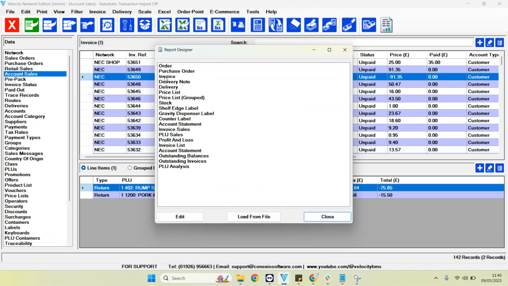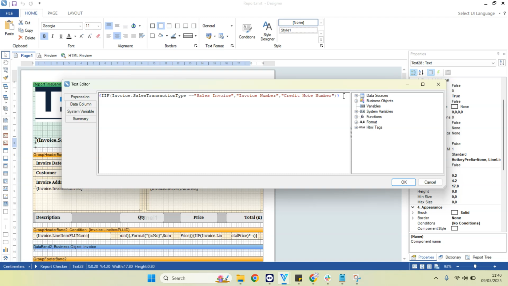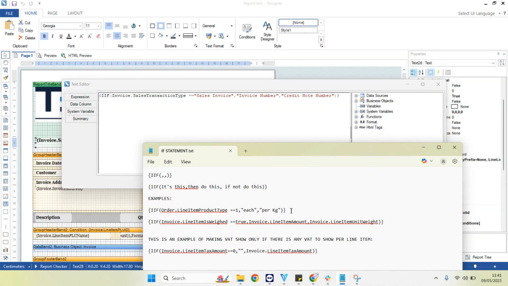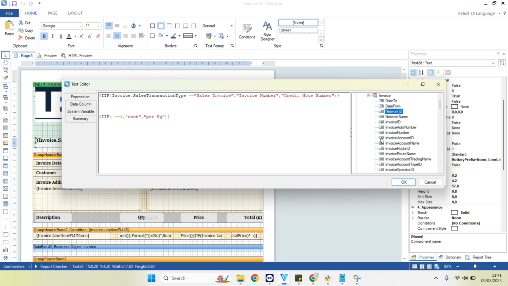And then just to make life a bit easier for you, if you were creating it from scratch, I'll put this in the description of the video as an example. So if you copy that, what I would do is just quite simply take out that field and put in the field you want. So we're saying if this, so this could be